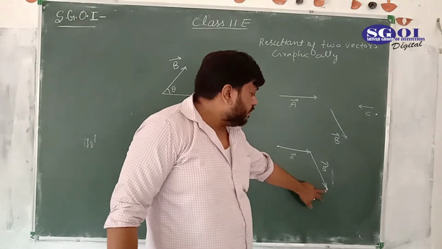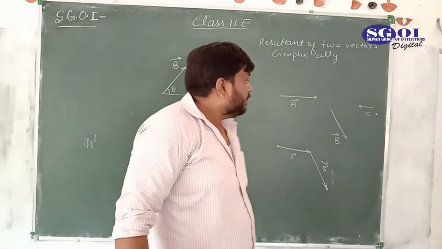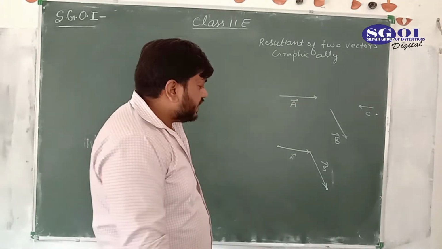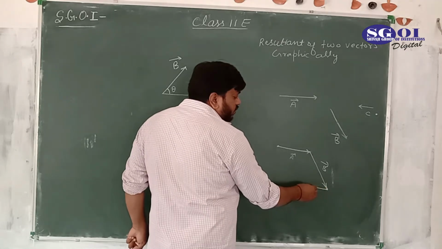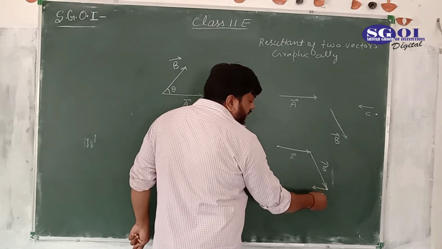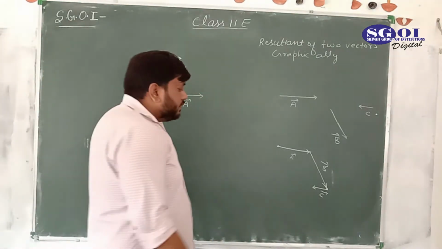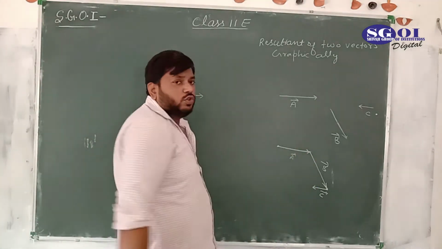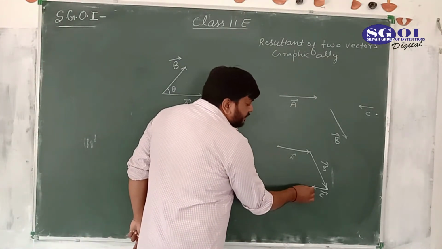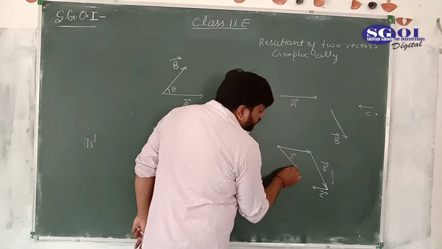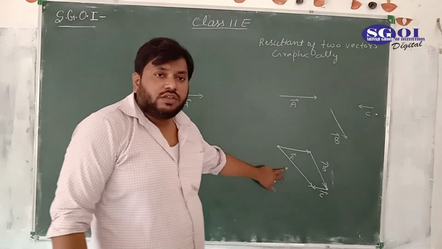Now from here we draw the vector C, in its own direction and with the same magnitude, like this. This is the vector C. This is our final point; we have no more vectors left. This is the initial point and this is the final point. Just join these two points by a vector, and this vector would be the resultant.